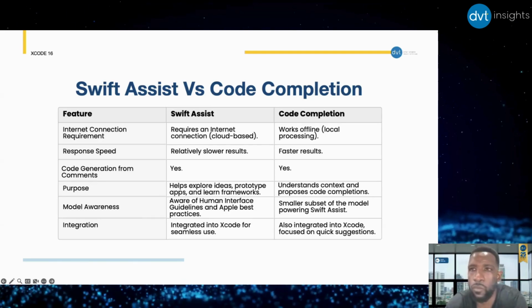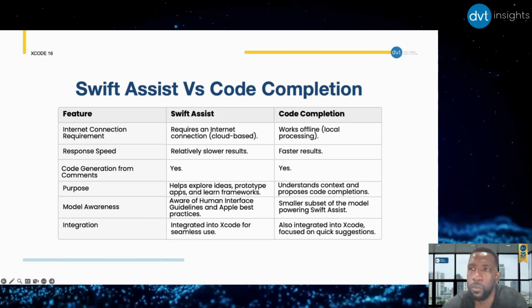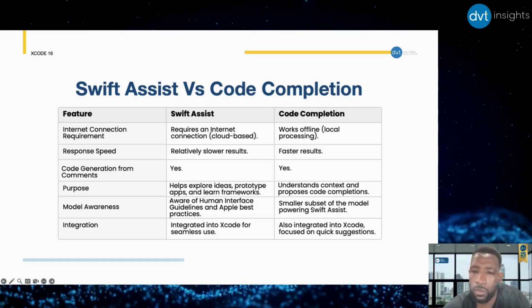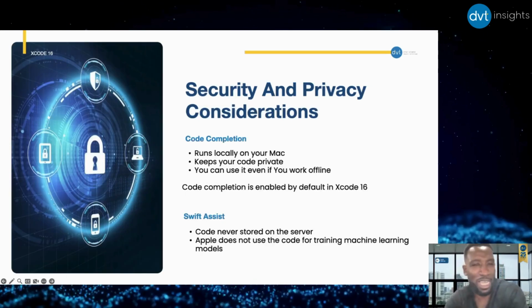That, I think, is going to be the most useful tool for most of your development lifecycle. Obviously, when you're creating new stuff, you're going to have to use Swift Assist if you're going to generate a bit of new architecture and want to discuss how to do things better. But for day-to-day work, code completion is definitely going to be my way to go. All right, I think you've made your choice there.